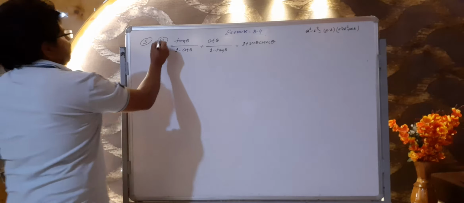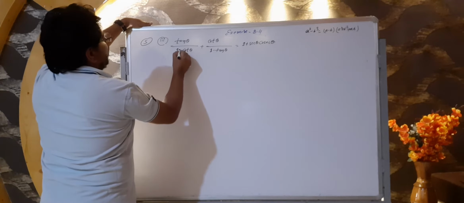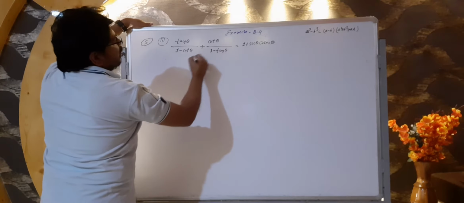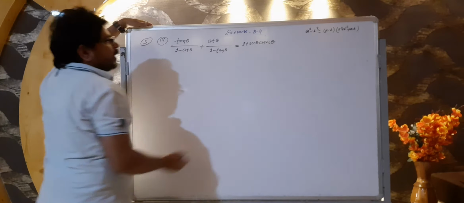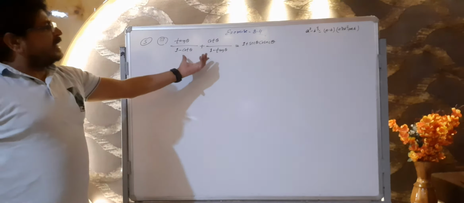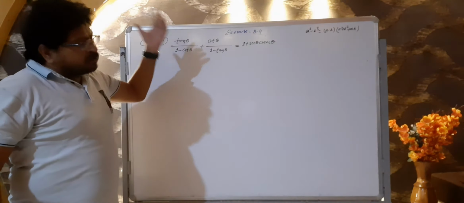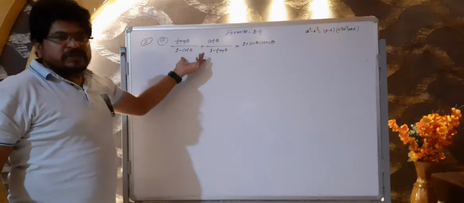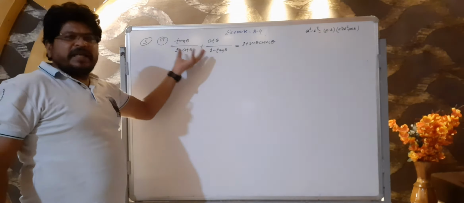So see guys, what is our third question? Here given tan theta upon 1 minus cot theta plus cot theta upon 1 minus tan theta is equal to 1 plus sec theta cosec theta. Okay. See here also with the help of LHS we will get RHS. Two ways are there, LHS to RHS or RHS to LHS. Here we will apply LHS to RHS, and in about 95% of questions we will prove LHS to RHS.